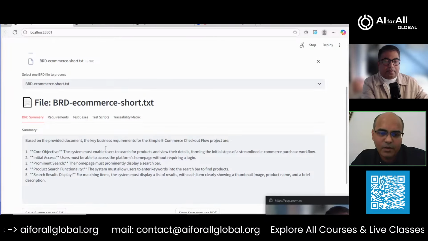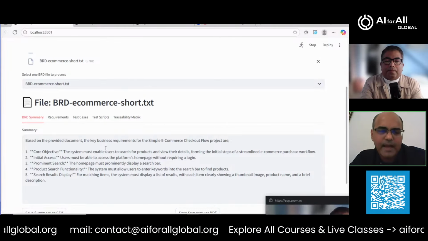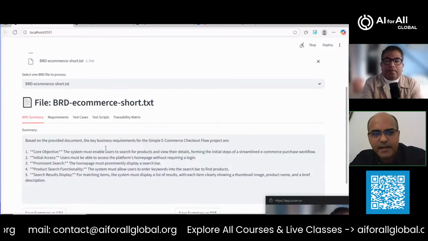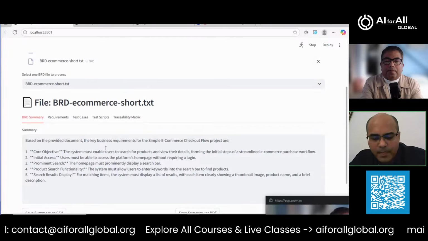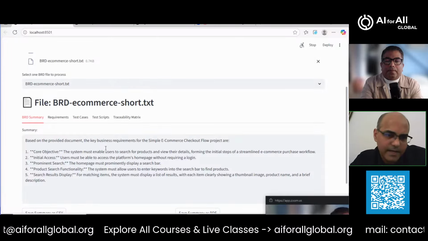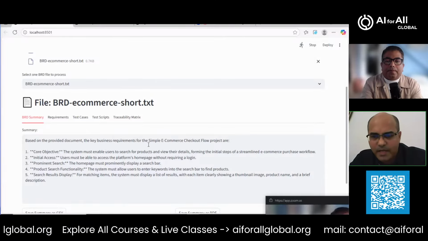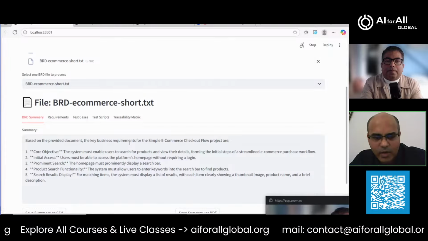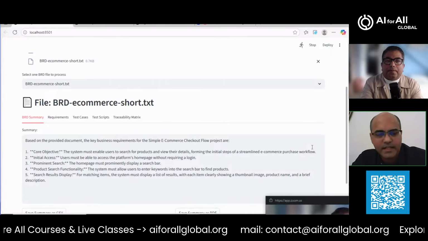And here what happens is that when we load the BRD, you get these requirements right away. This is a huge help for our friend Jason, because one of the challenges that he has is that when he goes through the BRD, it's a huge amount of work. It's a lot of time that he has to spend. Maybe he has to spend like 4 days, 5 days to go through the BRD. Now, when we load this BRD here, our generative AI is able to understand the requirements and is able to succinctly tell us what is actually required in this BRD.